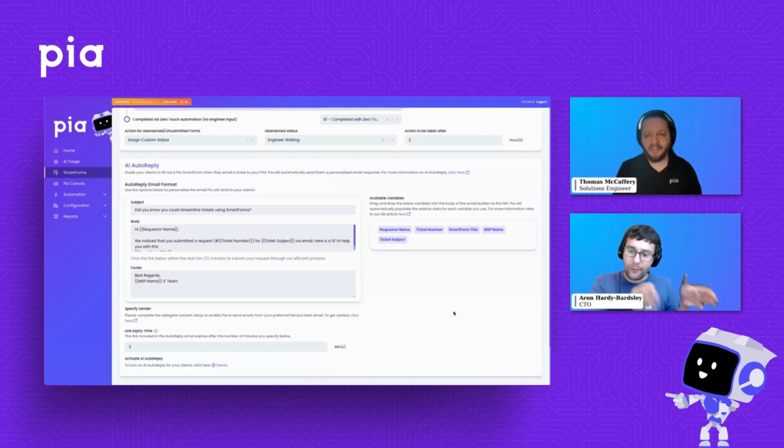So we give them a fairly short window of time to do this process. And that means your team doesn't necessarily have that conflict of, well, we're already working on the request and they're trying to submit a form for it. Definitely, we've had some feedback from partners. We may add some extra functionality to configure options around that to make it better, if we need to.